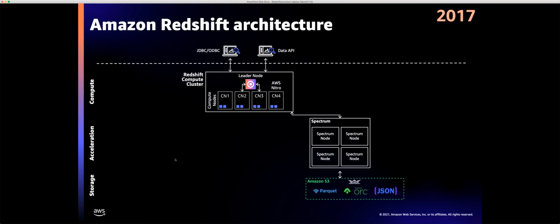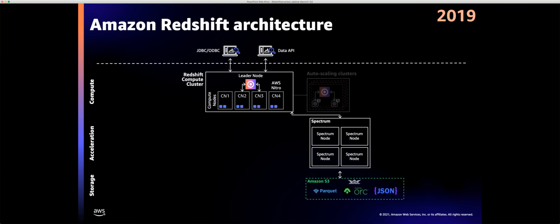Then a few years later, we introduced a way for Redshift to be a data lake platform, where it can query not just its own Redshift data, but also open file formats. This would be data on S3, which includes Parquet, JSON, ORC, Avro, and all the various file formats. What Spectrum provides is a multi-tenant, massive scale-out fleet. Now imagine you're querying petabytes or even exabytes of data; the Spectrum fleet can scale out to serve these queries. It's a very fast scanning and aggregation engine.